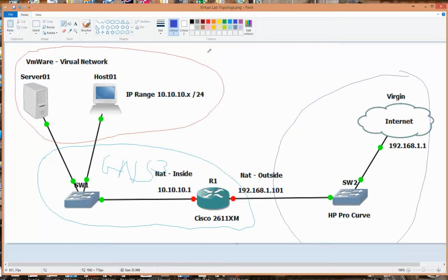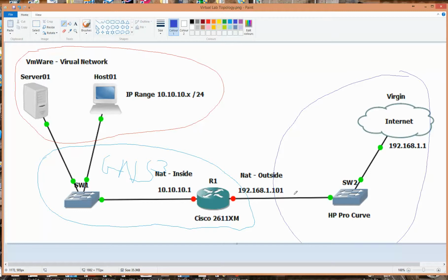In order to get this whole thing to work, we have to use NAT. On the diagram here, I'm showing you the IP range used on the inside, which is a 10.10.10.0/24 network, and on the other side of the router, which is connected to my local LAN, a 192.168.1.0/24 network. So we've got NAT inside, and then we're using NAT outside to differentiate between the two. Basically we're going to NAT all the addresses coming from the 10.10 side to this address here, 192.168.1.101,